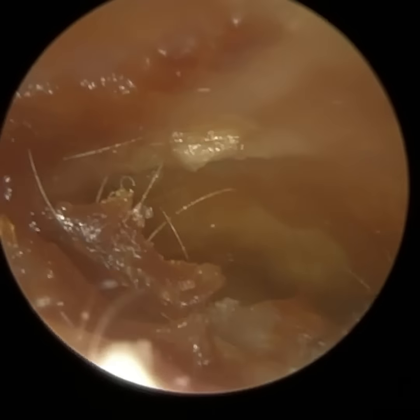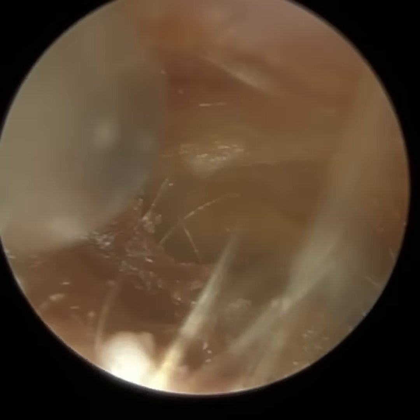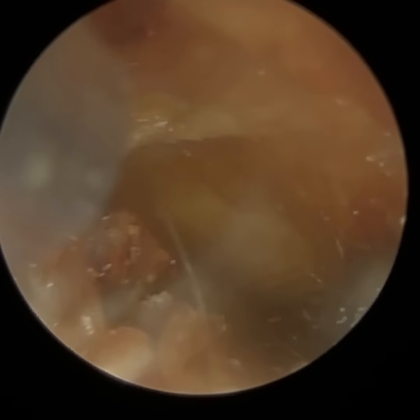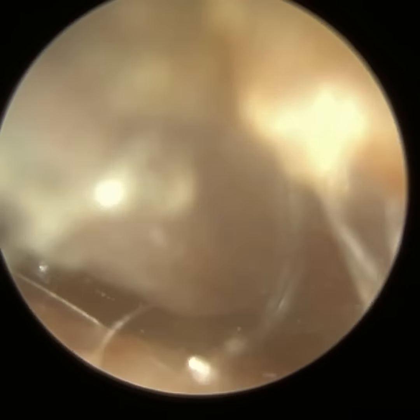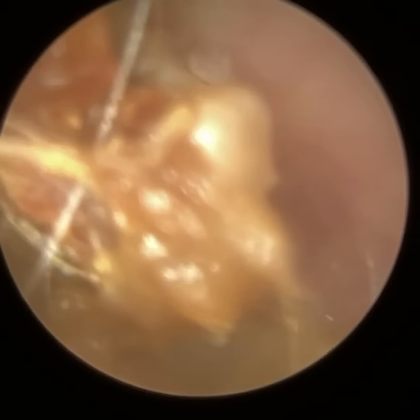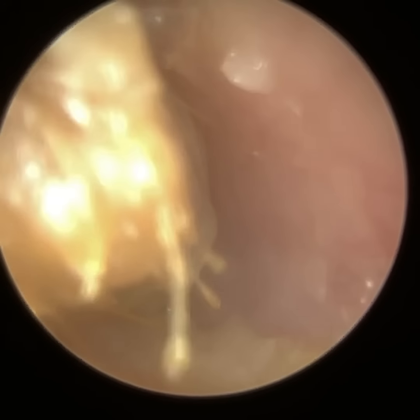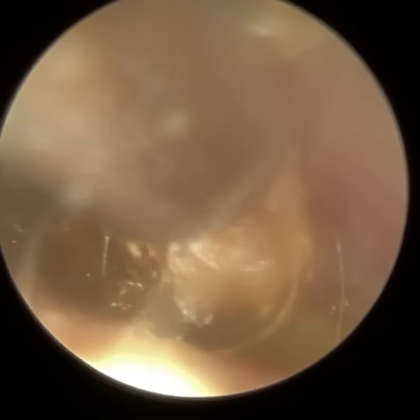Now, the main reason why the ear canal widens in the bony portion is that when the plug of keratin makes contact, when it's compressed against the canal walls, it activates osteoclasts. Now, osteoclasts are specialist cells that sit on the surface of the bone, and the job of osteoclasts is a process called bony resorption. So what the osteoclasts do, they break down the surface of the bone into its core